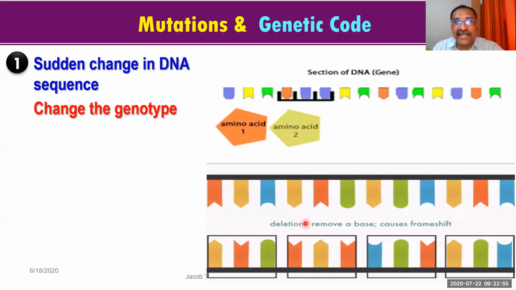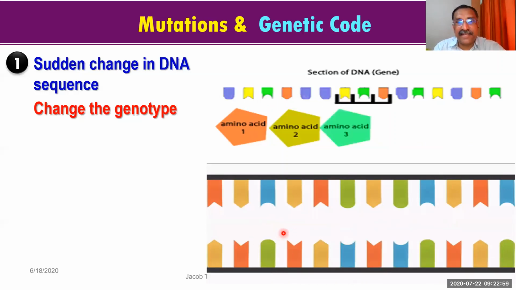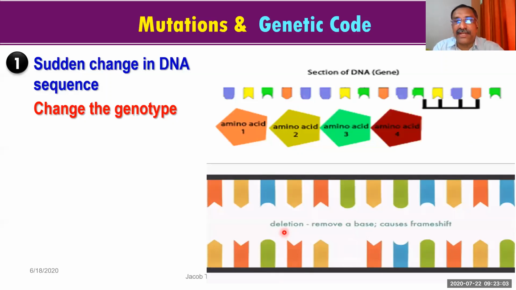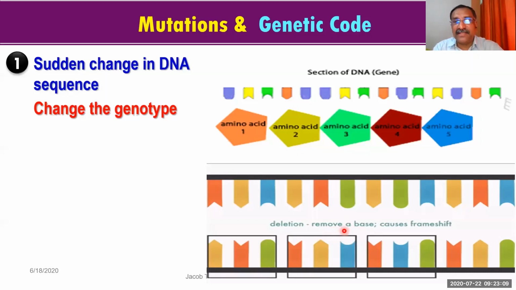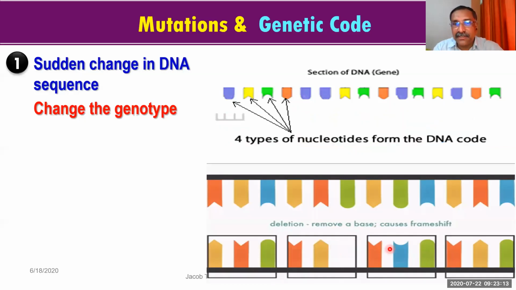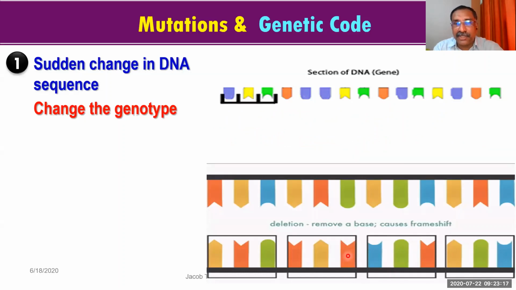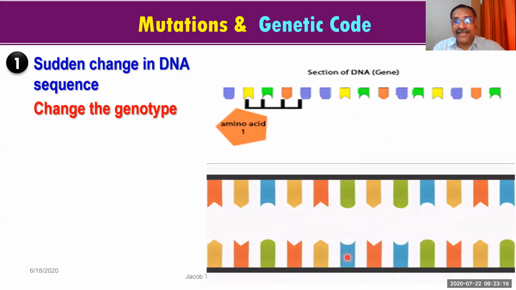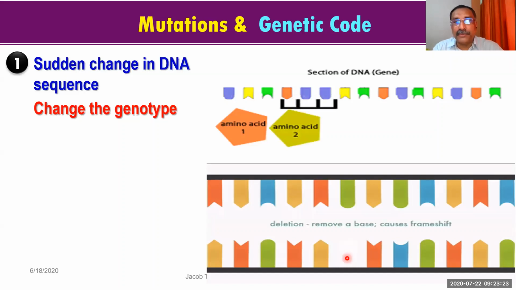That is what is called deletion. So what is deletion? Deletion means any one nitrogen base is removed. So if any one nitrogen base is removed, the frame is going to shift. The frame is shifting to here. Now this nitrogen base from here has shifted to here. So the character is changing. This kind of mutation is called point mutation.